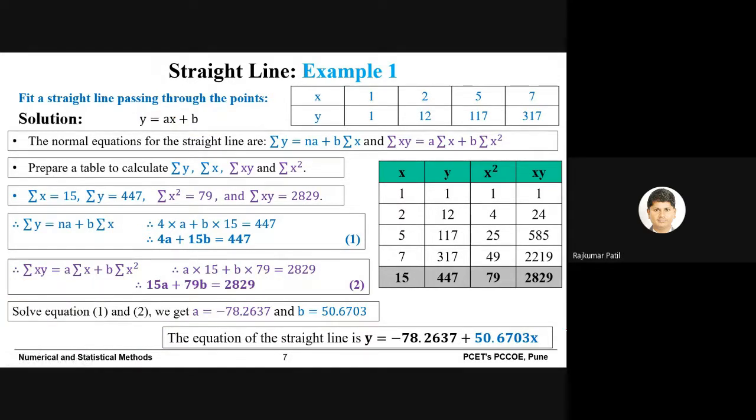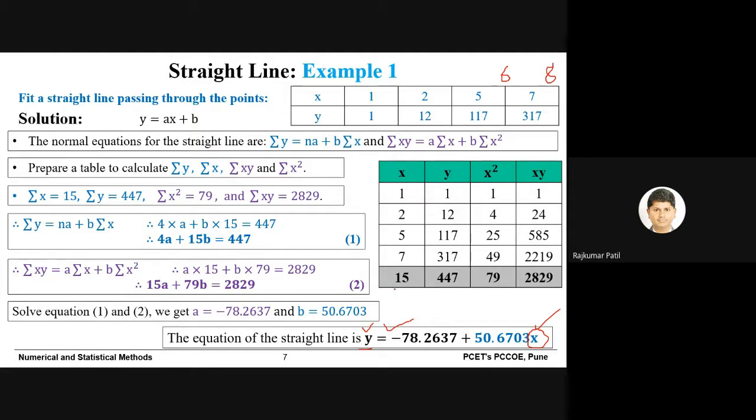Once you get this equation, suppose you are interested to know the value of y when x is 8. In this equation you can put x equal to 8 and easily calculate the value of y. Again, you may be interested to know the value of y when x is equal to 6. So put x equal to 6 and you will get the value of y. So this is how you can start using this equation of a straight line